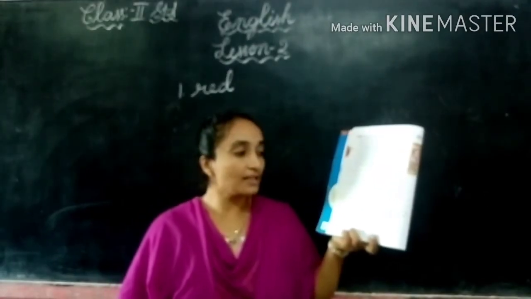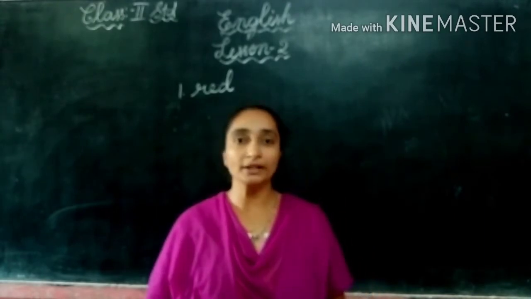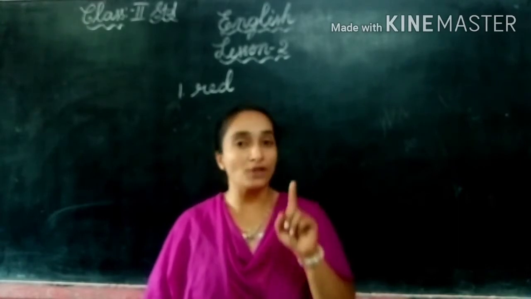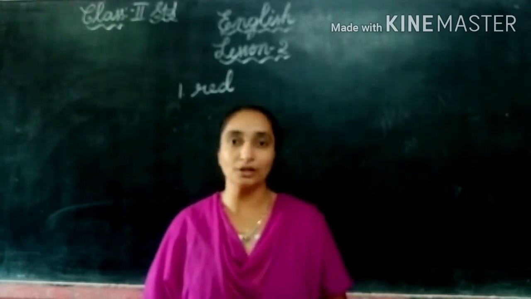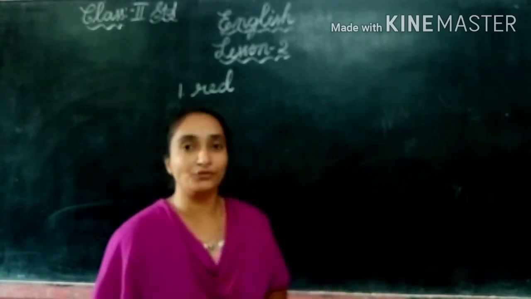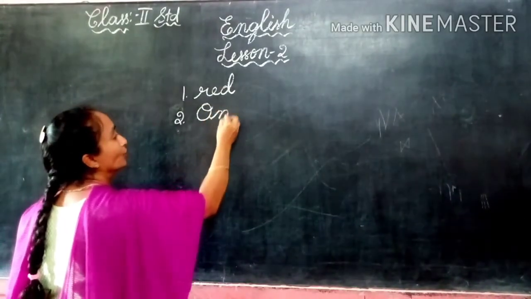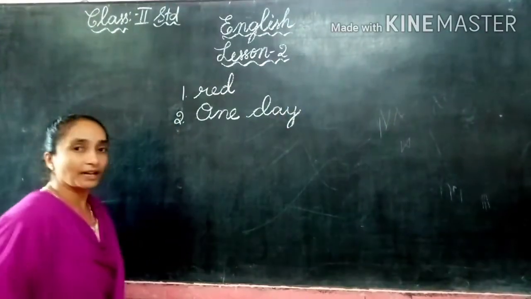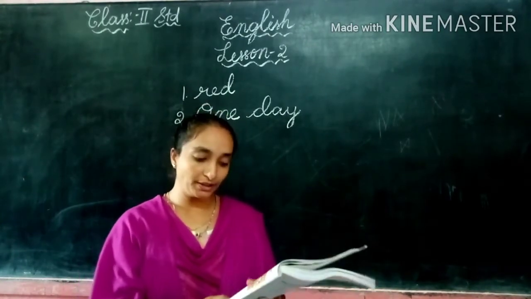Now the second one is: Sarah could not find her ribbon. Only one day she could not find her ribbon, or every day she could not find her ribbon? Yes, only one day, not every day. Every day her ribbon was in its place. But only on that day the small little bird flew away with that ribbon. So the second answer is one day. O-N-E, one. D-A-Y, day. Only one day she could not find her ribbon.